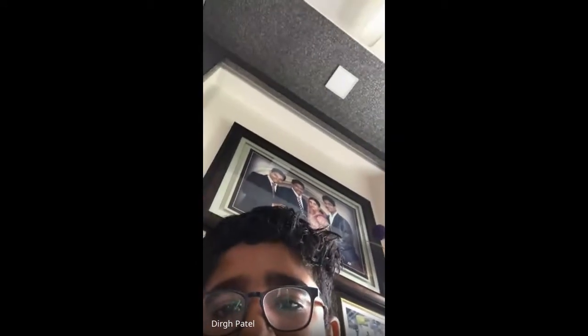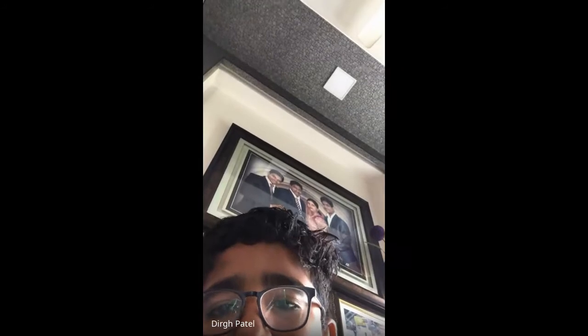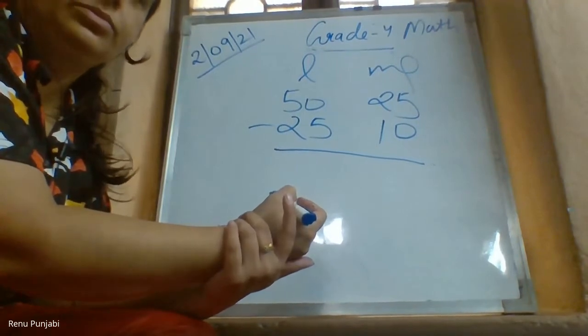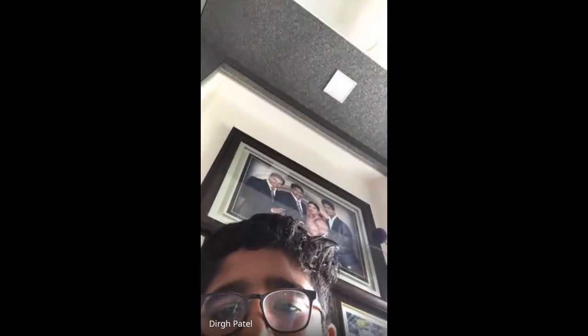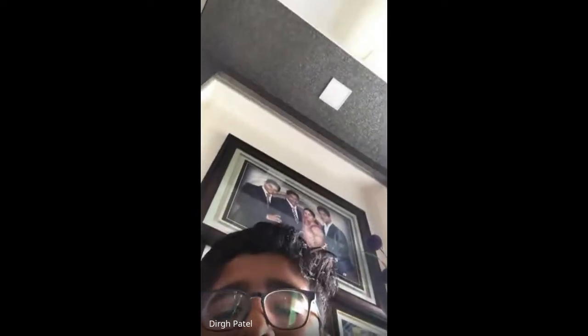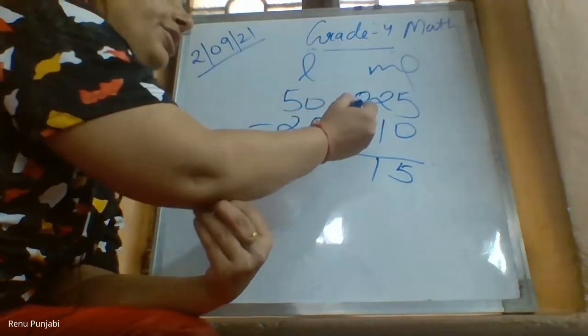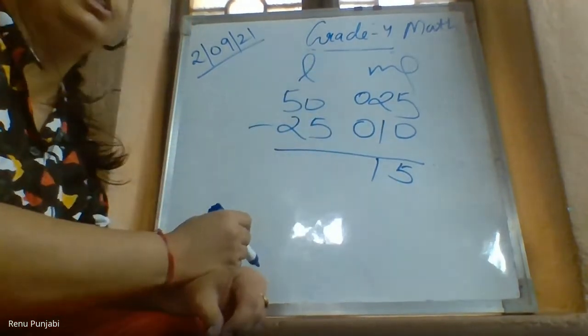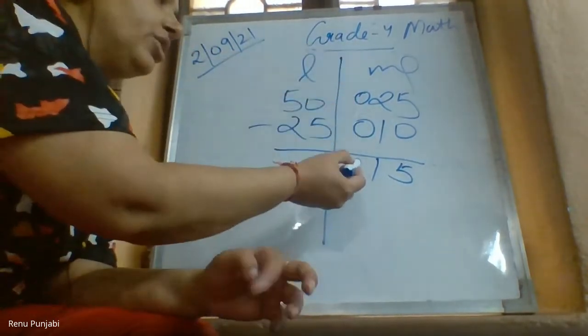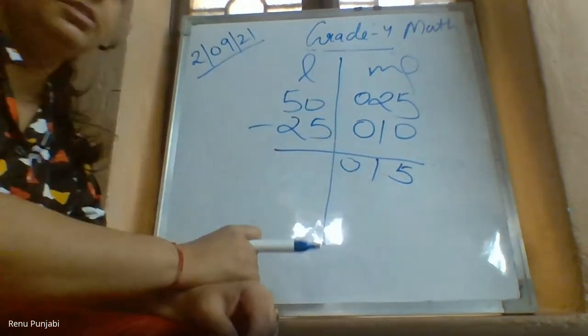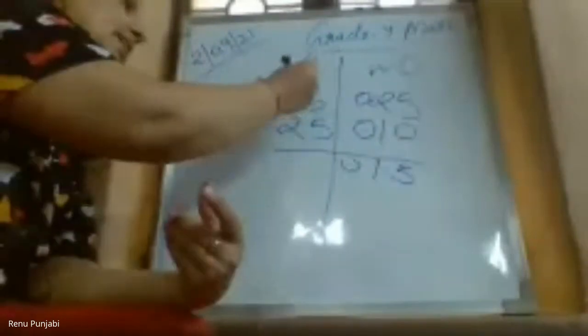Subtraction. Okay. 5 minus 0 is 5. 2 minus 1 is 1. 0 minus 5 we can't do. But you know that you need to put a 0 here also to make 3 digits in the milliliter. Whether it affects or not, you have to put it in the procedure, right? Okay. Now 10 minus 5 is?